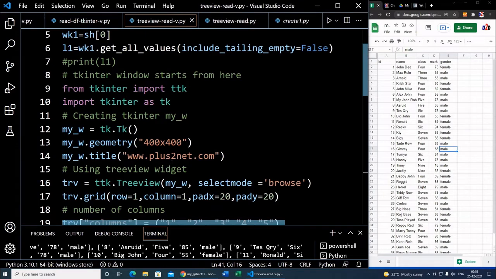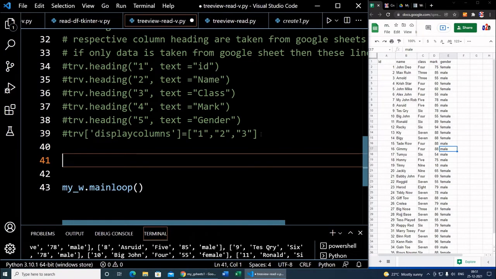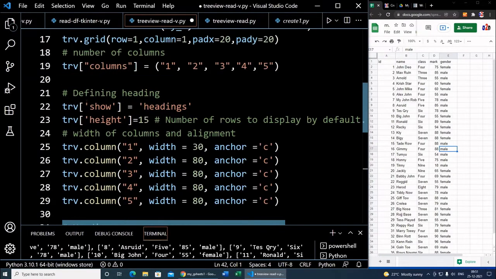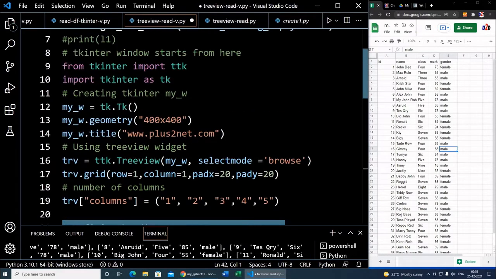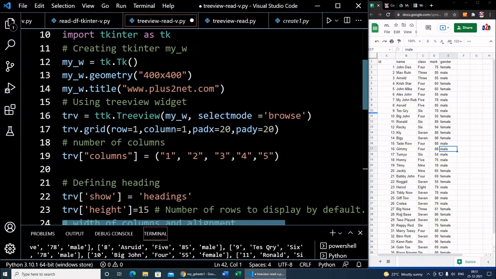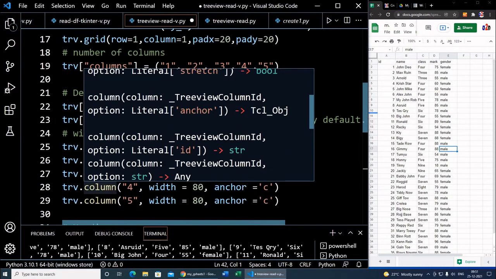Now what you will do is, we'll write at this end. We'll write a comment here so you can easily understand. We are saying adding data to tree view. Fine. So you can see that at the top, that L1 which holds our data, here it is. Just above this you can see L1 we have collected at line number 6 the data. So this data is a list, contains all these records from the Google Sheet. Now TRV is our tree view object. At line number 16 we have declared it, and subsequently rows, columns and all we have added it.